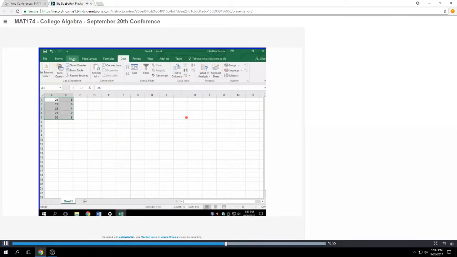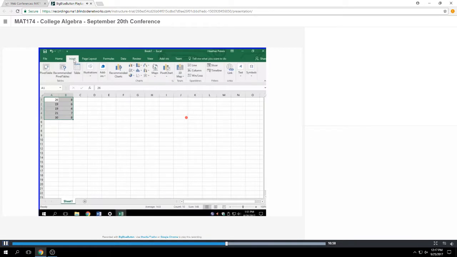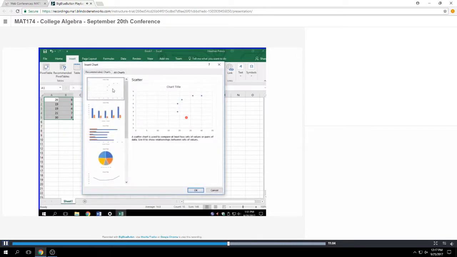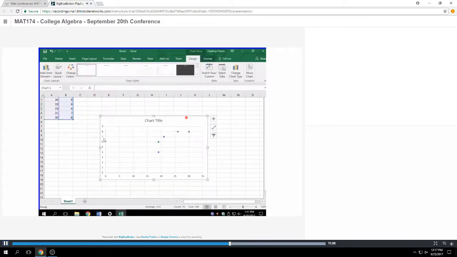Or you can do insert actually. Okay, so insert, if you go to insert and then go to charts, we'll just make a scatter plot. So, okay. And then it's going to plot my data here. Now, you'll notice,